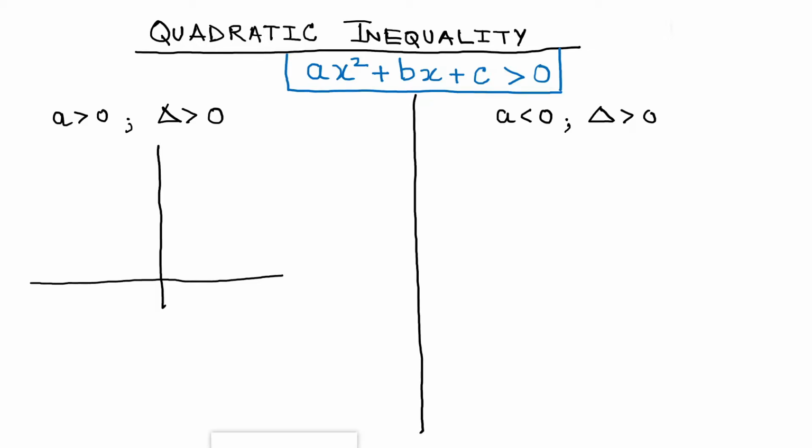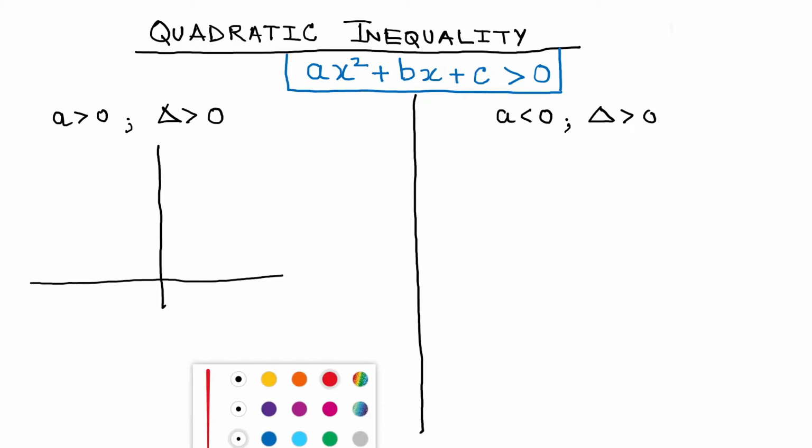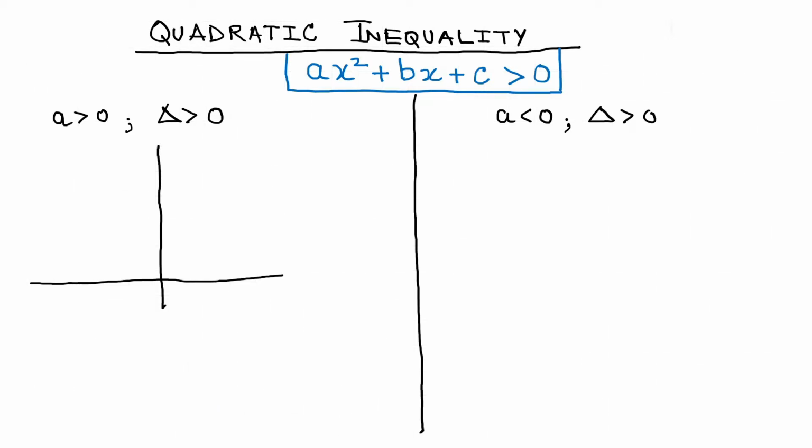As I'm plotting this inequality, the only thing that we need to understand maybe here is what affects the plotting. So naturally a decides the plotting of the graph, and so does delta. So we know that when delta is greater than 0, a quadratic expression or equation or a function has real roots. Now real root means real x-intercept or zeros. So we know that where do we get a 0? We get a 0 on the x-axis. So when we are plotting this,